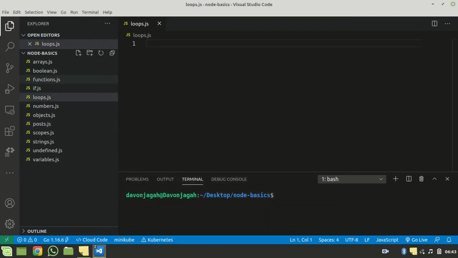Before we go into loops, there are other ways we can declare variables in JavaScript. Aside from the normal var keyword that we've been using, there are some other ways we can do that, and I'm going to explain them here. One way you can declare variables is to use let. So you can say let x be equal to 1, and if you go ahead and console.log x to the screen,